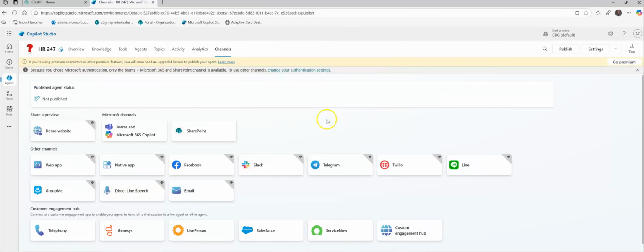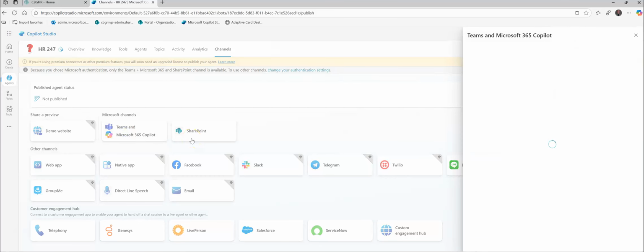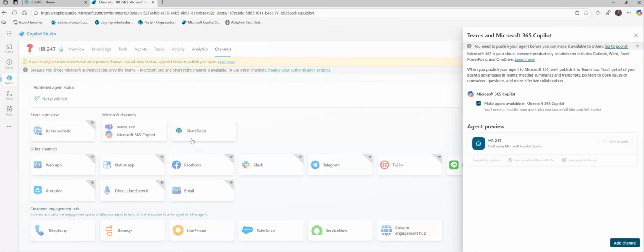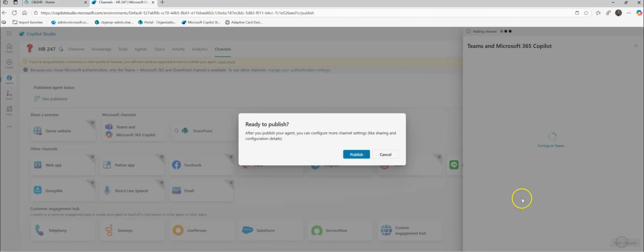Okay. This agent is working. And I'm going to deploy it to Teams and Microsoft 365 Copilot. Okay. So first thing is I want to make it available to Microsoft 365 Copilot, right? It's going to be available in the Copilot chat. Then I want the agent to be available in Teams. So we're going to add channel,